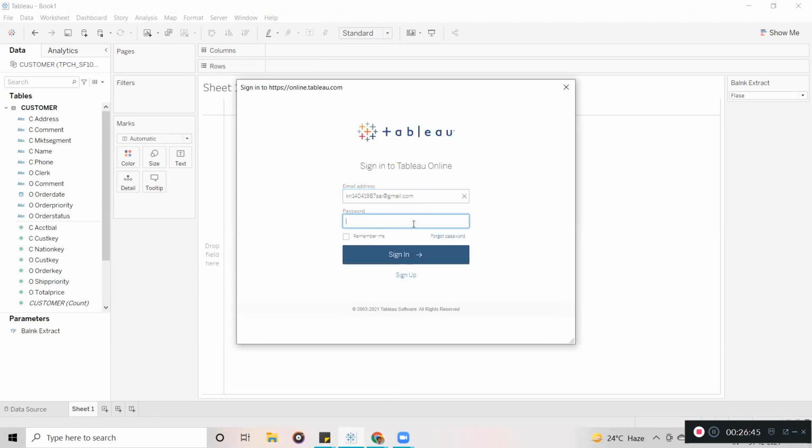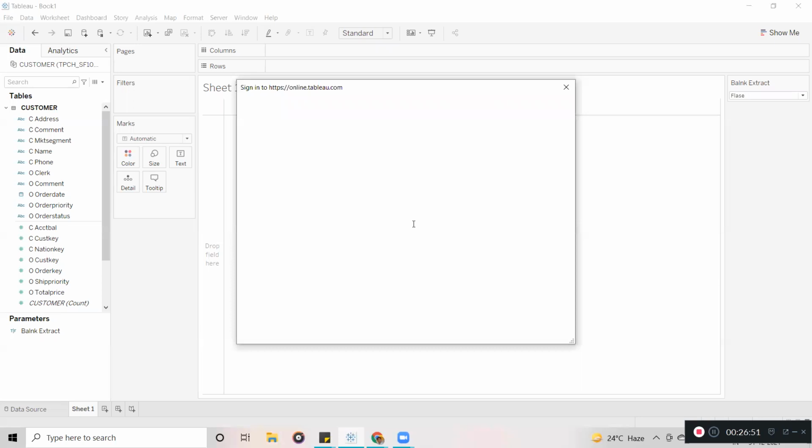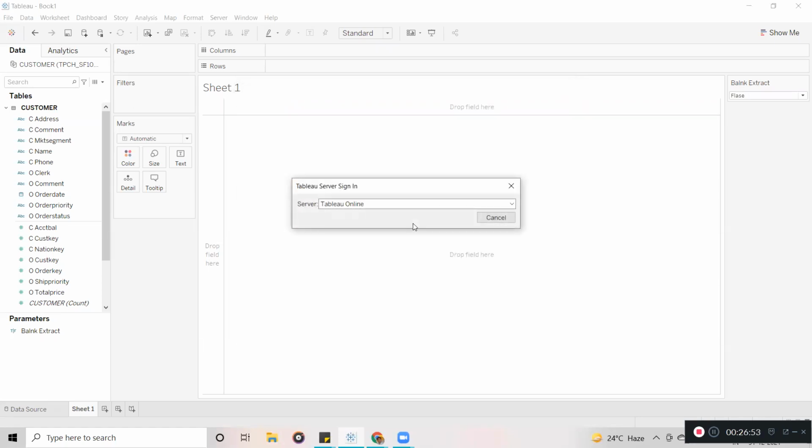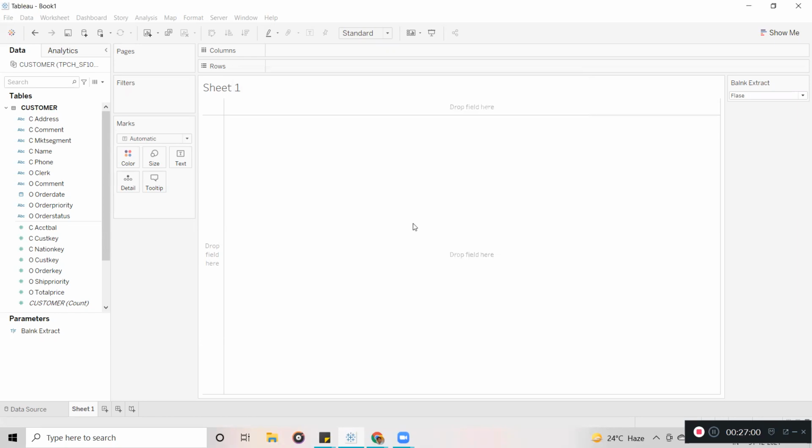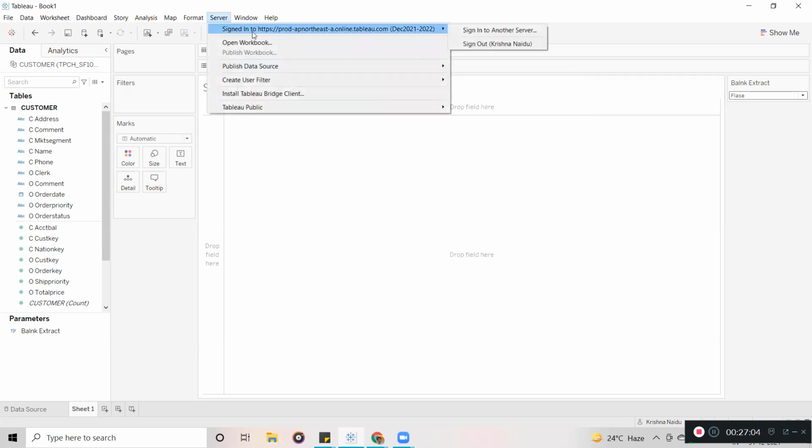This is the mail ID, and I am going to enter the password for it. Now I have successfully logged into the server. You can see signed in. So this is the server I logged in to.